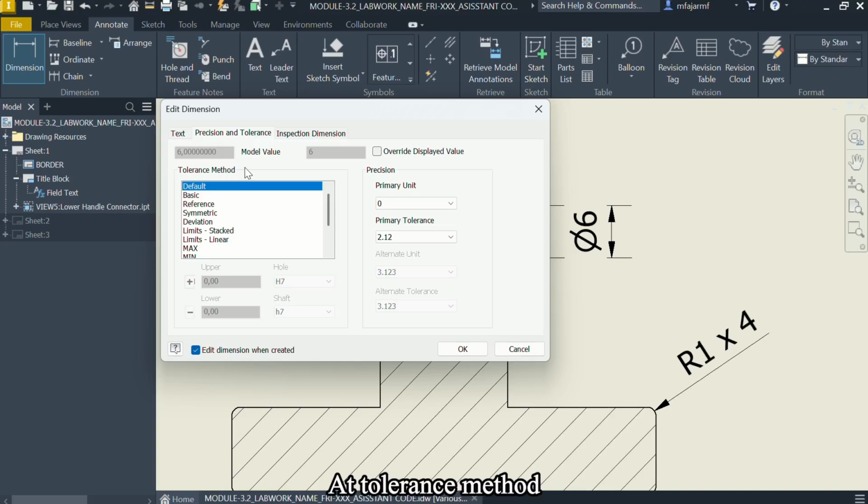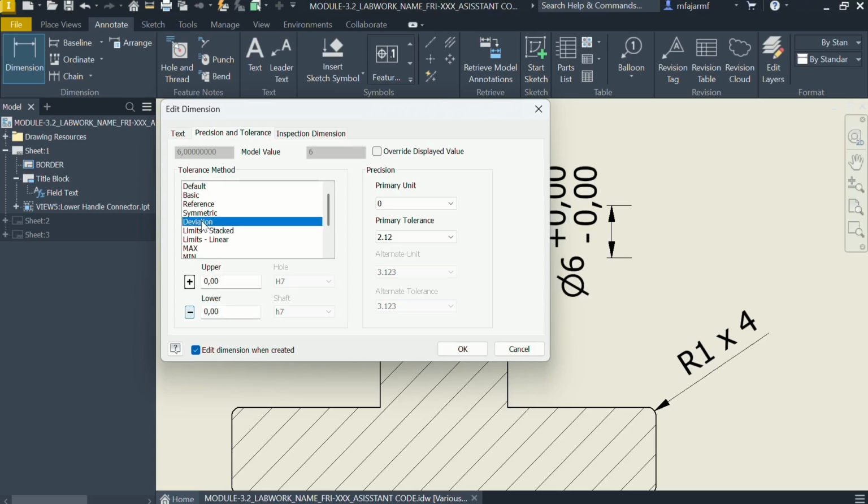Add Tolerance method. Choose Deviation. And then set the upper to 0.02 and lower 0.02. After that, click on OK.